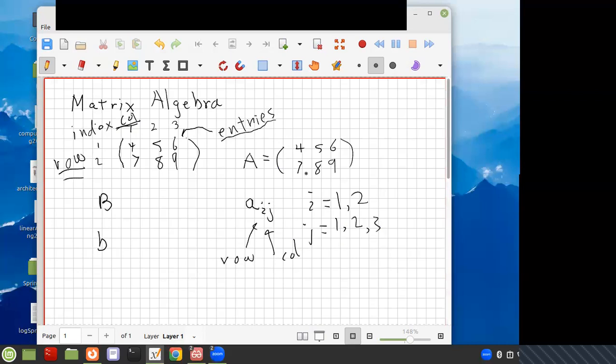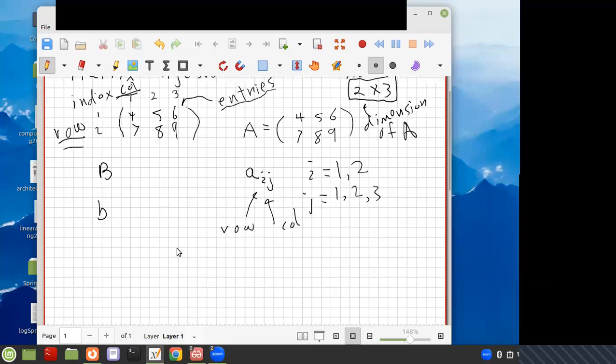Now we can see this matrix has a certain size. We say it is a 2 by 3 size of A, and sometimes the text will say it's the dimension of A. There's nothing special about the word size or dimension. They're just specifying that there's a certain number of rows and columns. And so these numbers here are the sort of limits. Like, for example,